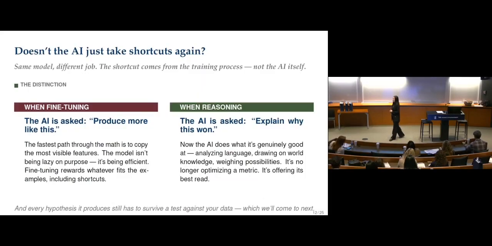Right, now you might ask, you are using AI to look at the data and propose hypotheses. Why doesn't that give you the shortcut again? Remember the motivation for doing this: if you just fine-tune the LLM on the data, the LLM will pick up the shortcuts. It will latch on to some surface-level patterns. Then if you ask the LLM to propose hypotheses, how come it does not give you a hypothesis like you should use shocking? So our design is that we do not let the LLM see all the data.